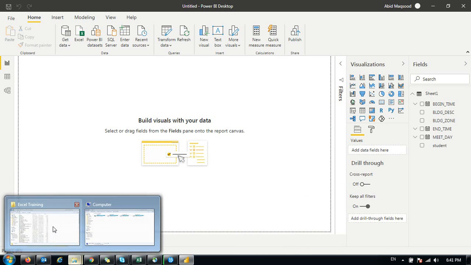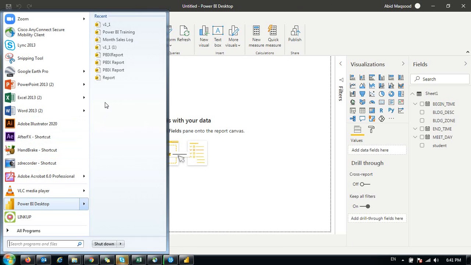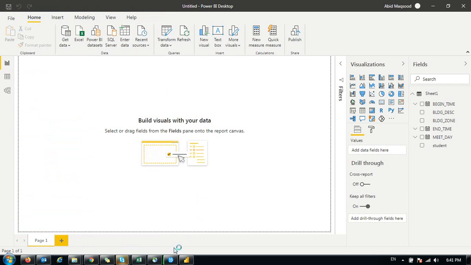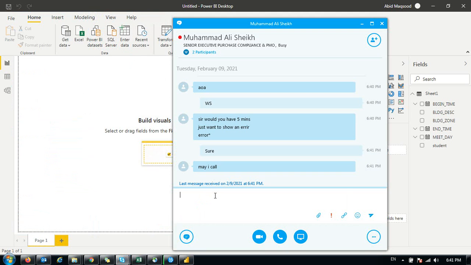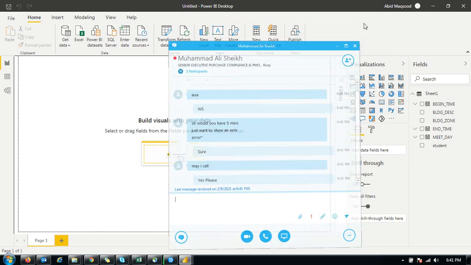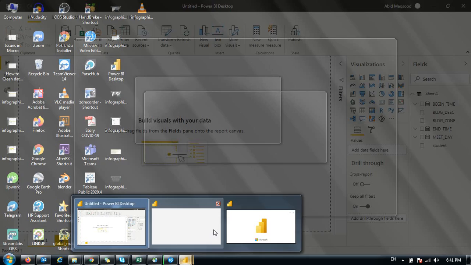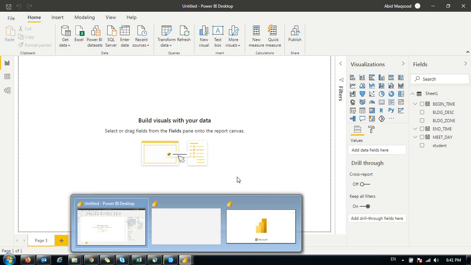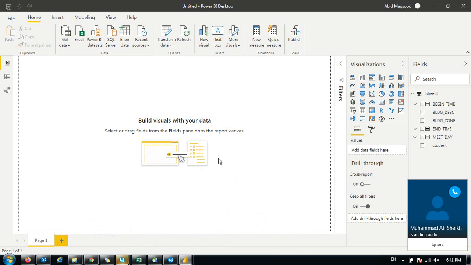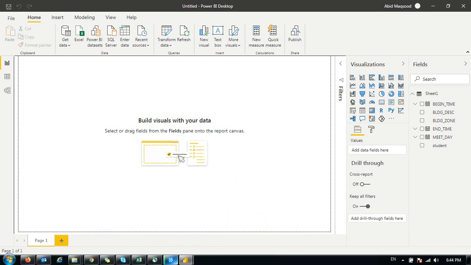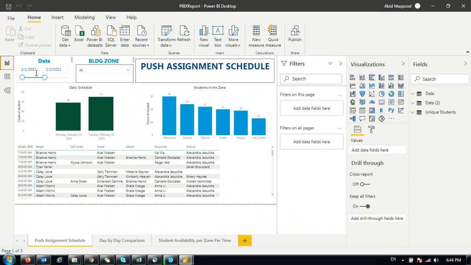So let me see that particular report in parallel so that I can guide you how to do that. I think this one is the report. So the next thing is how to draw this text box.